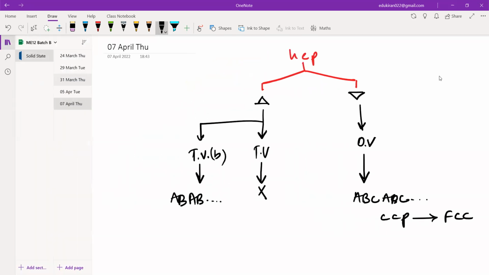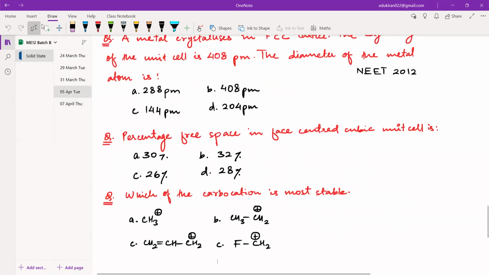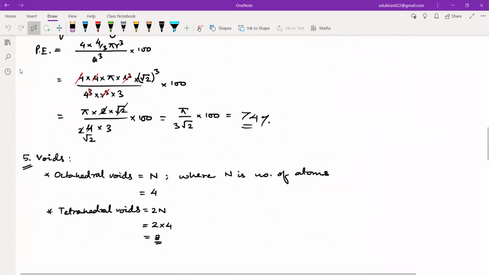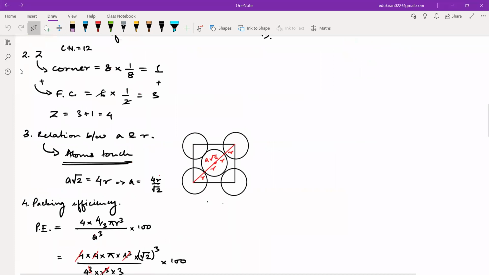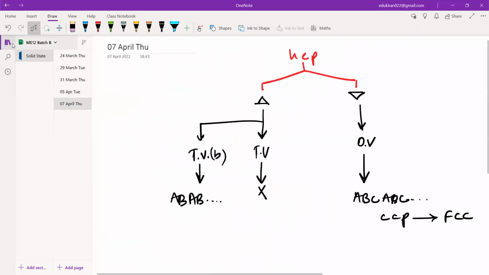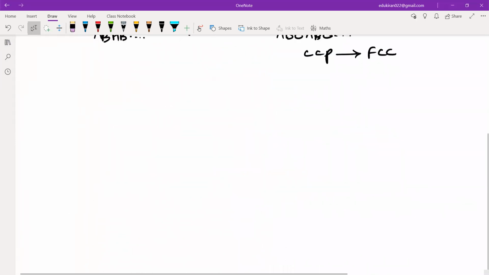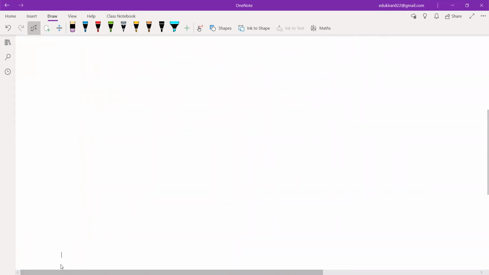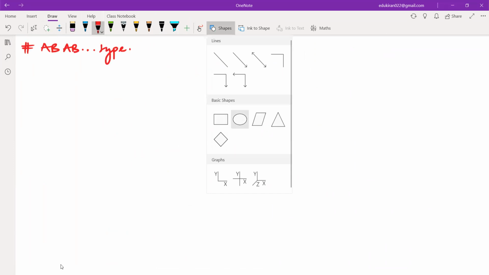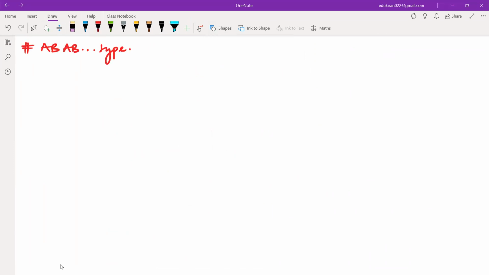Okay. So let me see, did I cover everything in the ABC type or not? Okay, I have got tetrahedral voids, packing efficiency, relation between a and r, Z, coordination number, everything is done. Okay, fine. So let us move on to AB type. So please listen, don't write anything. Okay, AB type. In this, first of all, let us make some